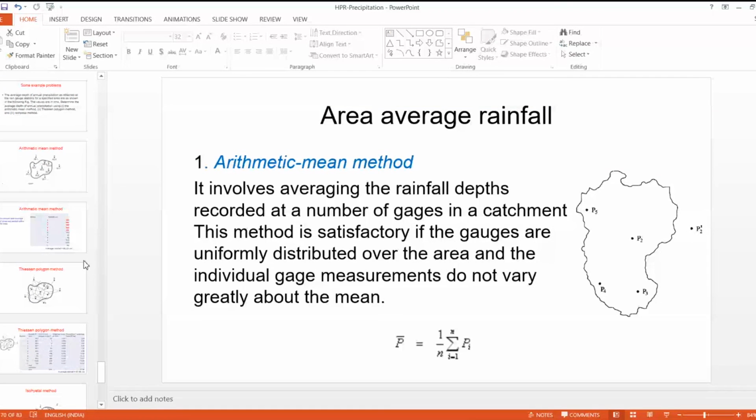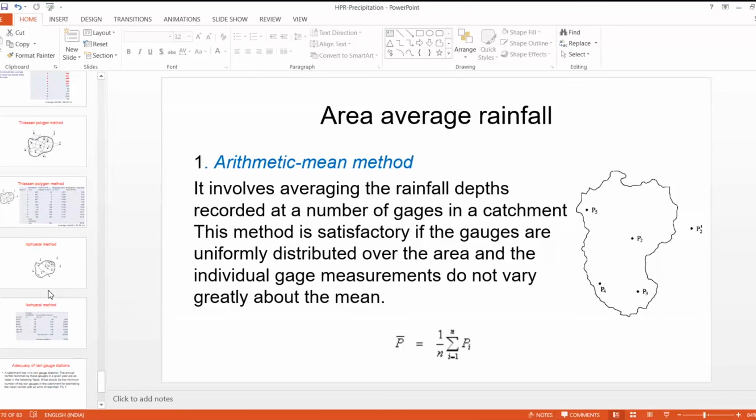So this is all about precipitation. Tomorrow I am going to teach evapotranspiration. In the 2-hour period, I can complete evapotranspiration. Next week I will teach subsurface flow. Next week we will have a quiz, and I will send you an email with the details. For today's and tomorrow's class, tomorrow I'll give you one assignment.